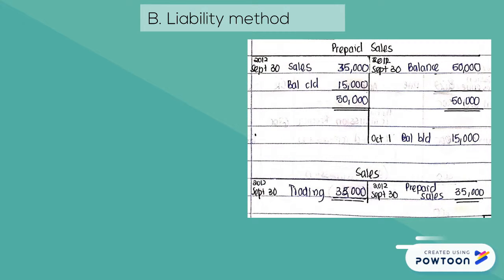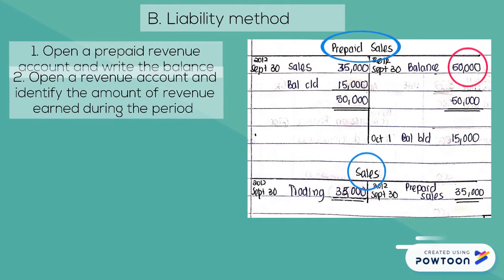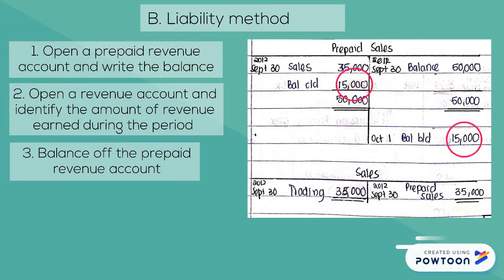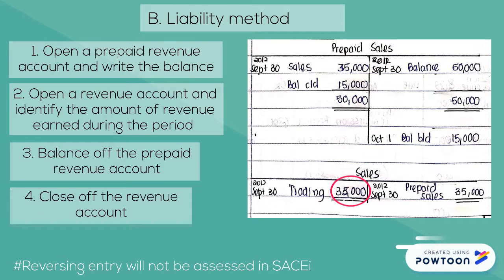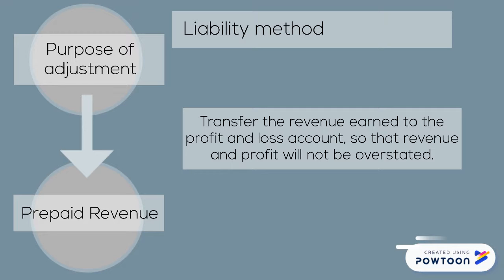For the liability method, firstly, open a prepaid revenue account and write the balance. Secondly, open a revenue account and identify the amount of revenue earned during the period. Thirdly, balance off the prepaid revenue account, and lastly, close off the revenue account. The liability method is used to transfer the revenue earned to the profit and loss account so that revenue and profit